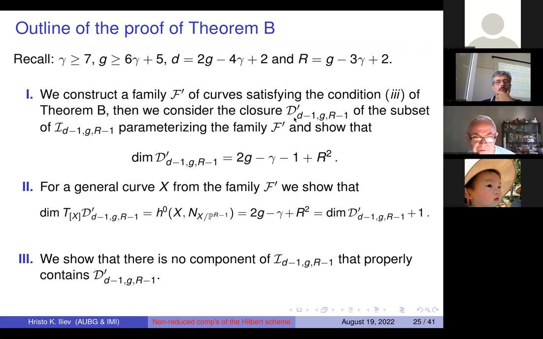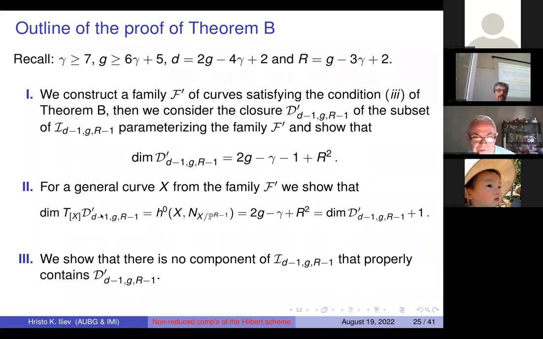Then we get to consider the closure in the scheme Hilbert-1 Grassmannian-1 of the set that parameterizes this family. It will have the same dimension as the family F prime here, and I get to show that the dimension of this family is exactly this number, 2g minus gamma minus 1 plus r squared. That's step 1. In step 2, I get to compute the dimension of the tangent space